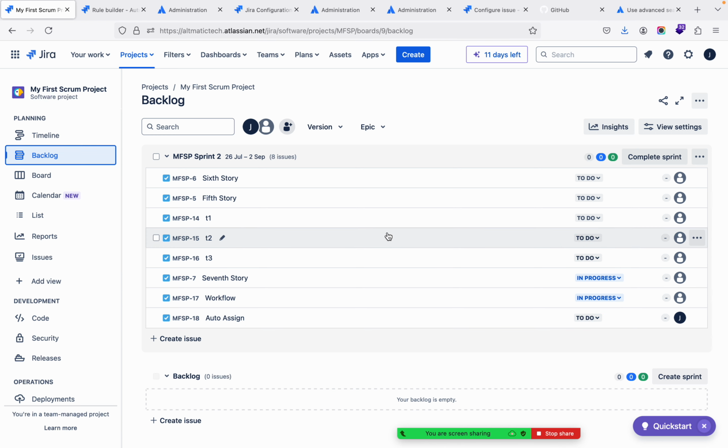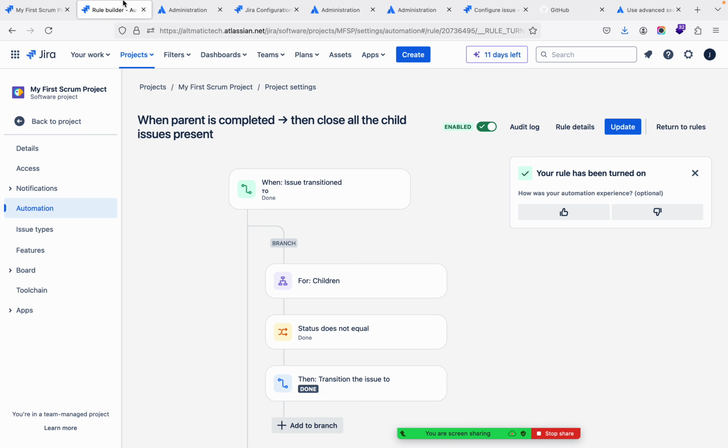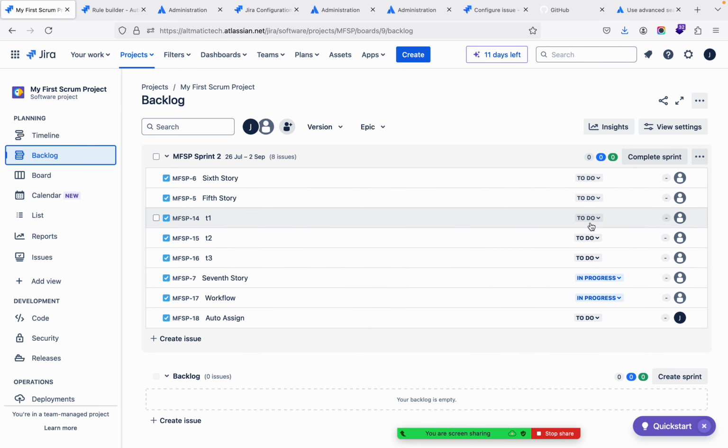I'm on backlog, and what is the rule? When parent is completed, I want all child should be closed. So let us